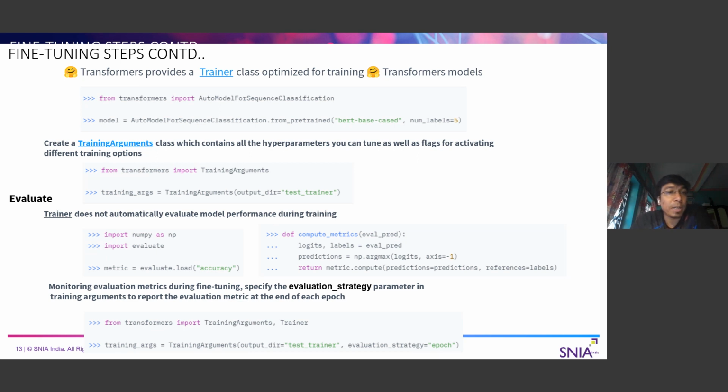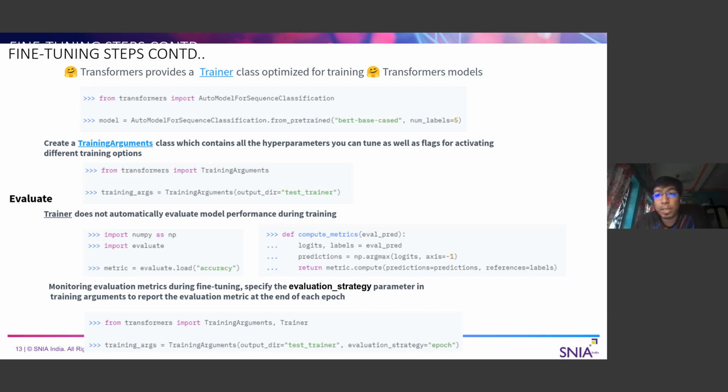Now, once we have the pre-trained model, we will create the training arguments. For training, there can be a number of different arguments. As of now, we have taken a very basic argument, which is the output directory, basically where the output will be stored. We'll come to the other training arguments also as we proceed. But the point is, we can have some sort of training arguments. So we have the base model, we have the training arguments.